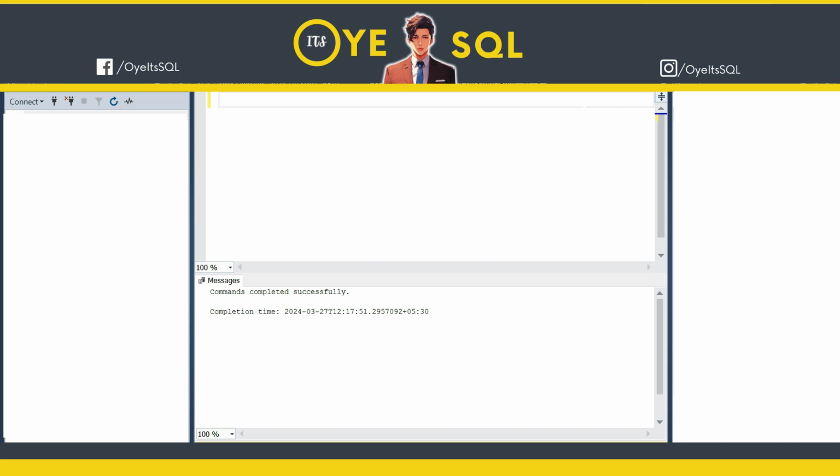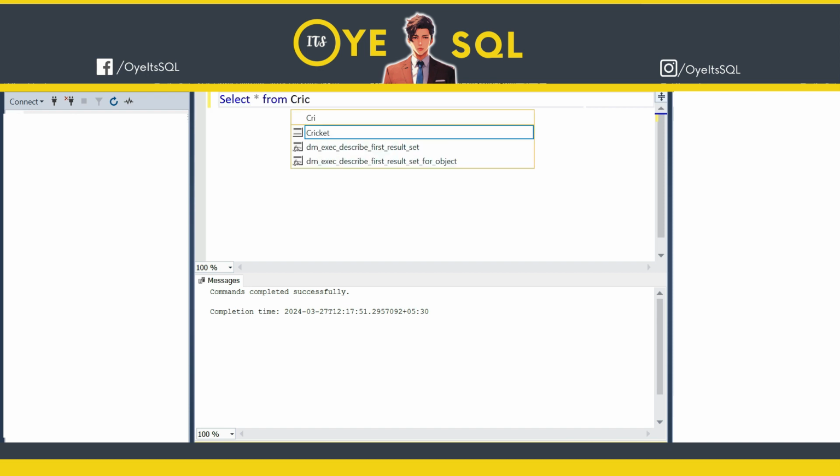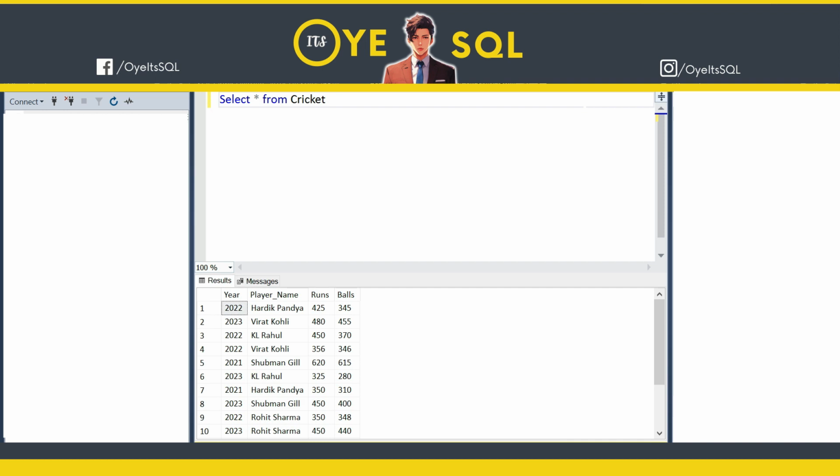If we write a general query, what do we write? We write select star from table name. Our table name is cricket. Let's run it. So what do you think, which runs first, from or select? See, most of the people think that select works first. No, from works first. By using the from clause, we are opening that gate from which we get the data